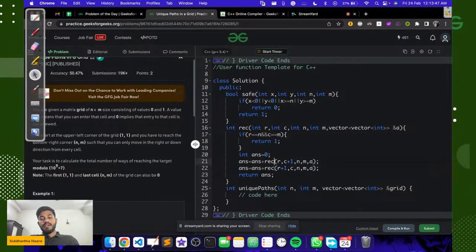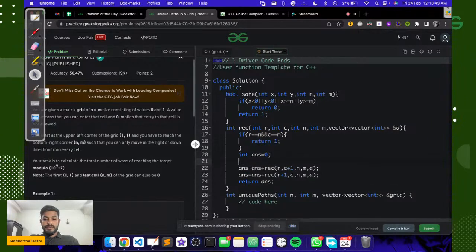Now let us first check if we can visit this path or not. If it is safe, r comma c plus 1 comma n comma m. Suppose the position we are trying to go, first it should be within the boundary, and in the 2D array that is given, we are allowed to go to that point, and a of